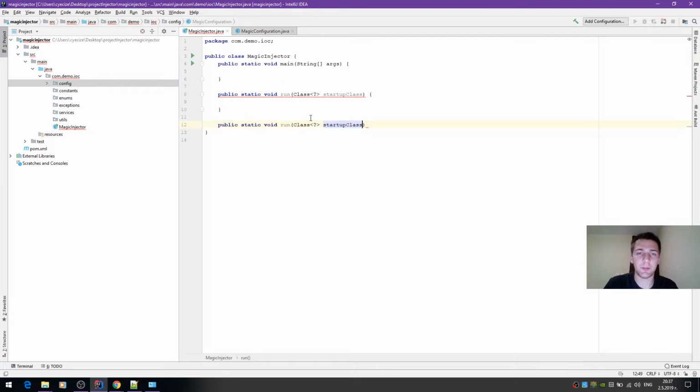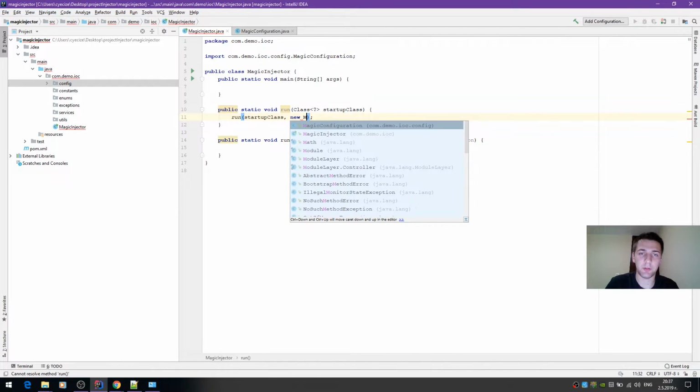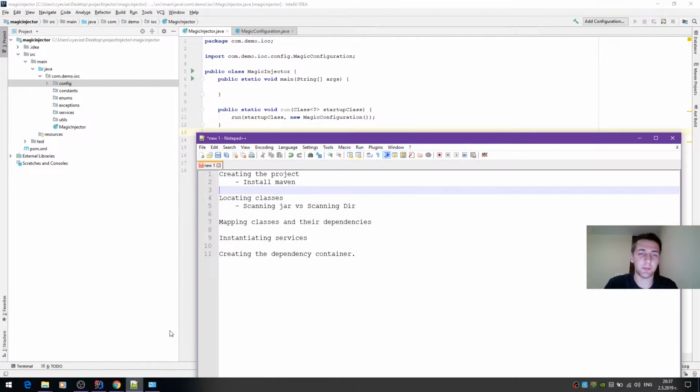Let's leave it empty for now. We'll go to that. Okay, so those are going to be our main starting points. So let's just run magic configuration like that. Okay. So basically I think that is it for the first part of the